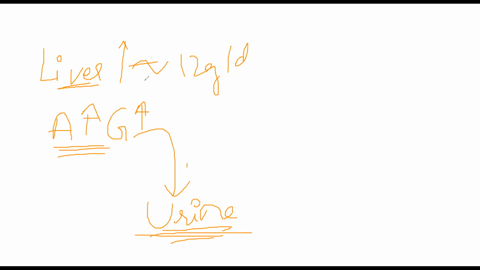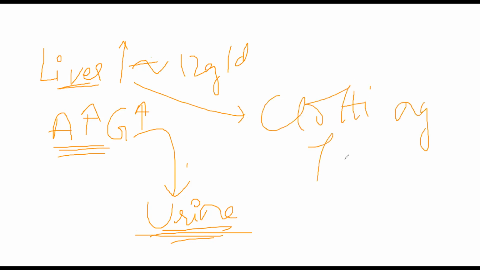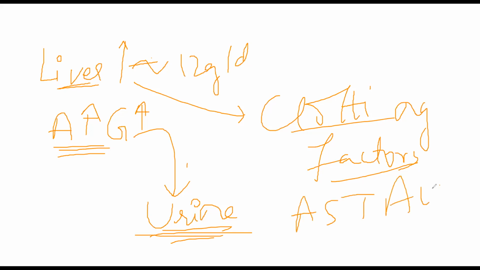Along with that, your liver will also produce clotting proteins, clotting factors specifically. You know what clotting factors are, okay. If clotting factors increase in blood, then your blood will become hypercoagulable. There will be higher chance of blood clots being formed, okay. That will happen along with this, and AST and ALT both will go up, because liver is hyperactive. Everything that liver is producing will become extra. All the hormones that liver can produce, it will produce in excess. Basically liver is going into hyperactivity and it is producing everything double or triple.